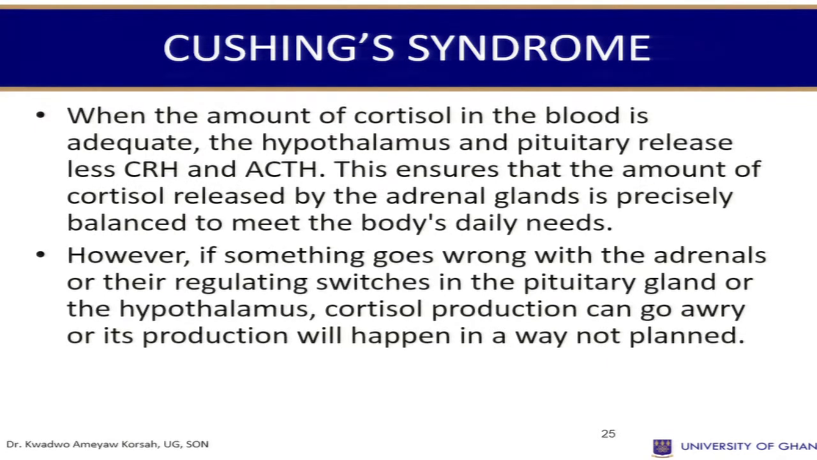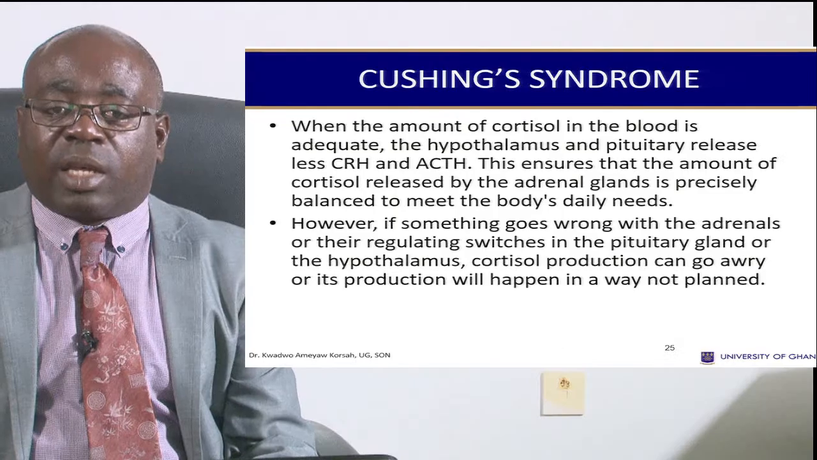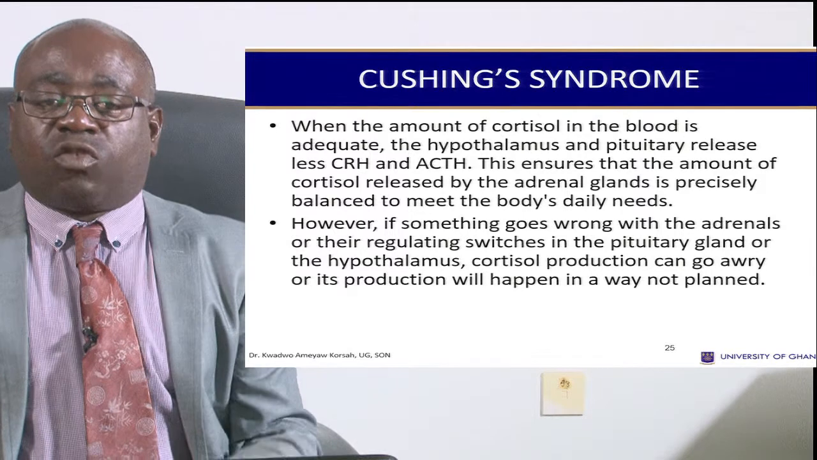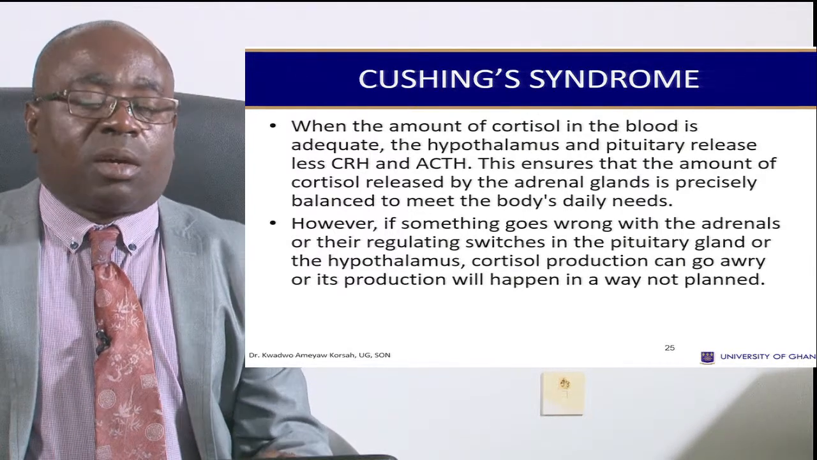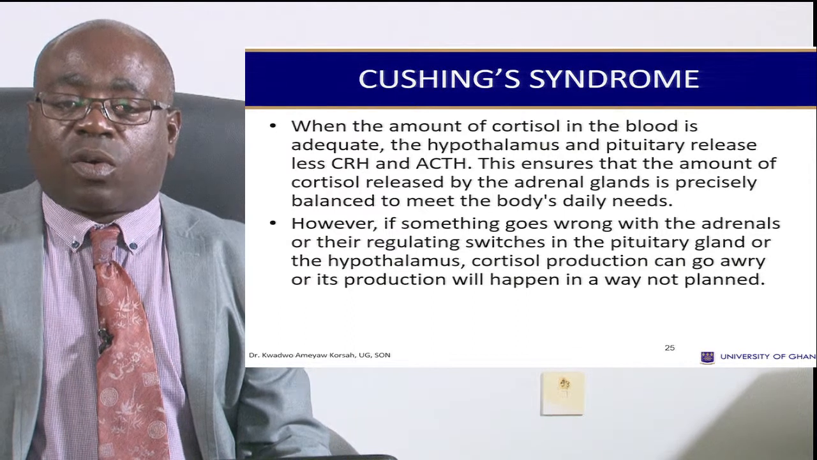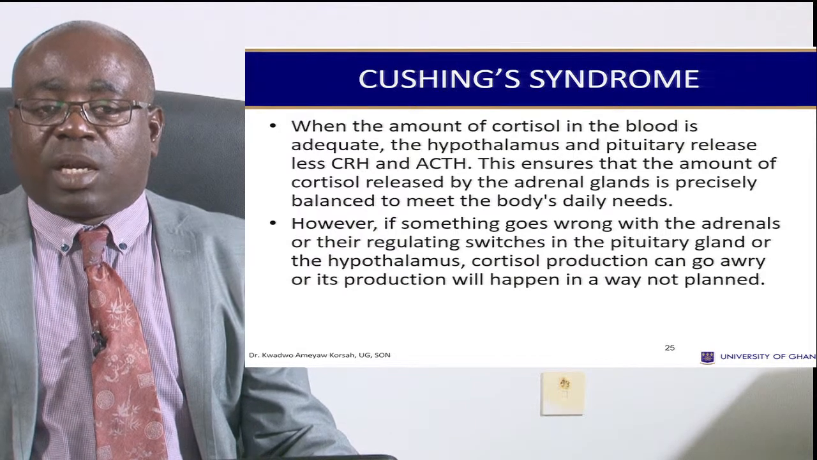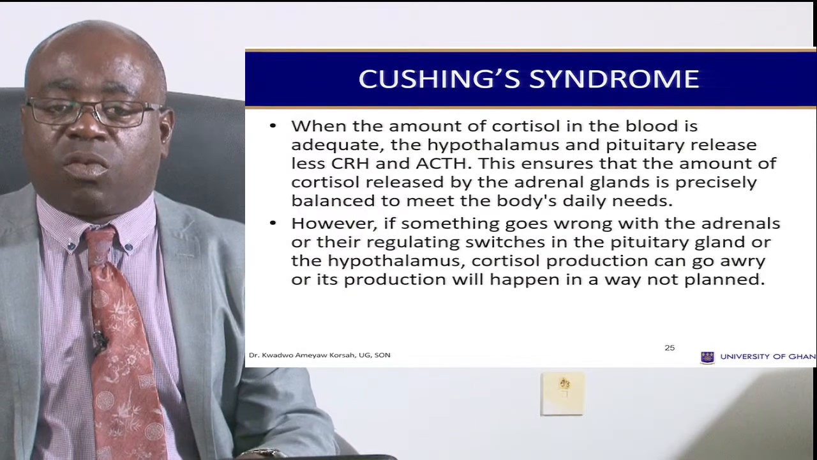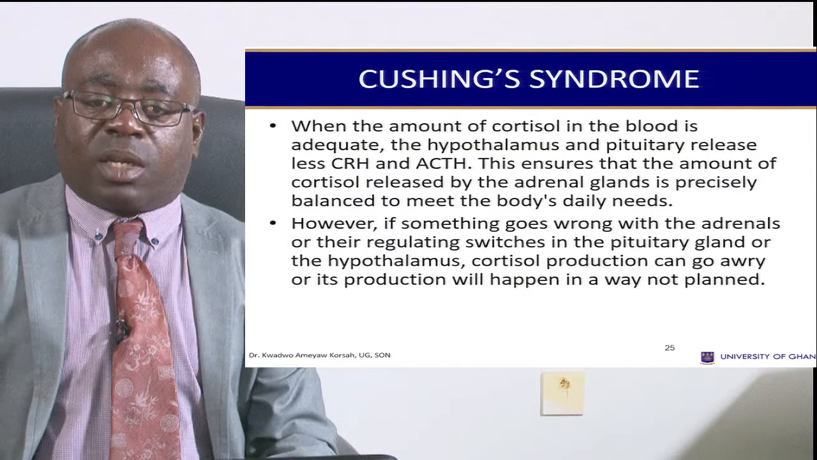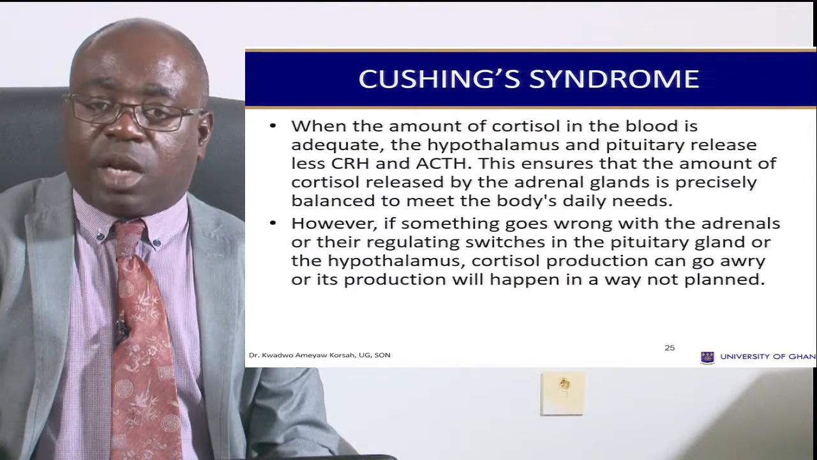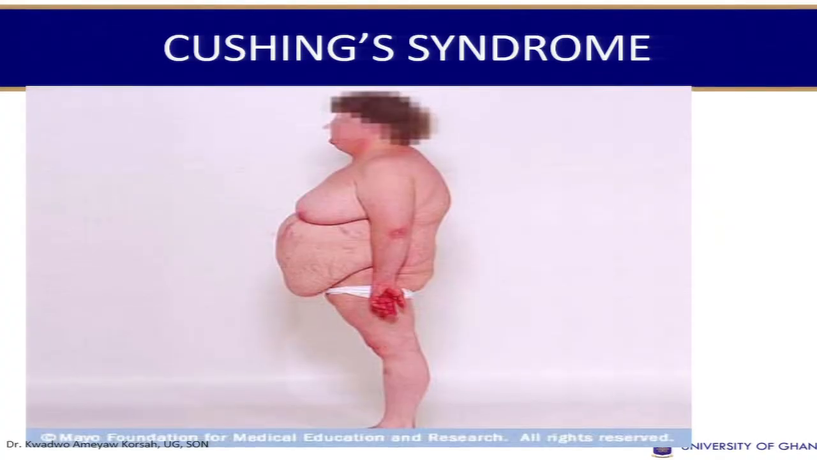When the amount of cortisol in the blood is adequate, the hypothalamus and the pituitary release less CRH and ACTH. This ensures that the amount of cortisol released by the adrenal glands is precisely balanced to meet the body's daily needs. However, if something goes wrong with the adrenals or their regulating switches in the pituitary gland or the hypothalamus, cortisol production can go awry, and it will happen in a way not actually planned for. And so, as you can see on the screen,